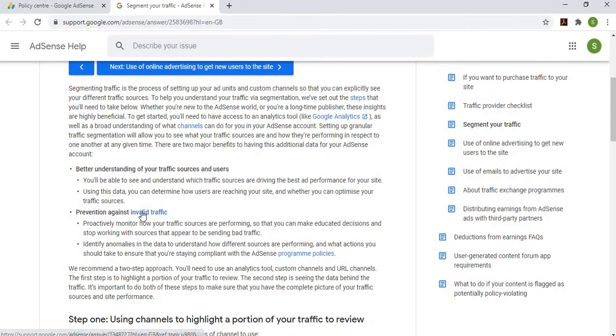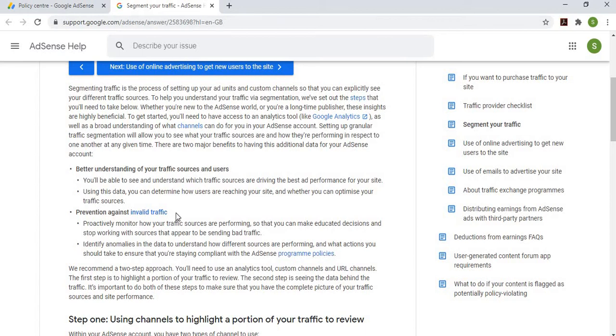So you need to segment your traffic for a better understanding of your traffic sources and users. You will be able to see and understand which traffic sources are driving the best performance of your traffic, and using this data you can determine how users are reaching your site and whether you can optimize your traffic sources.